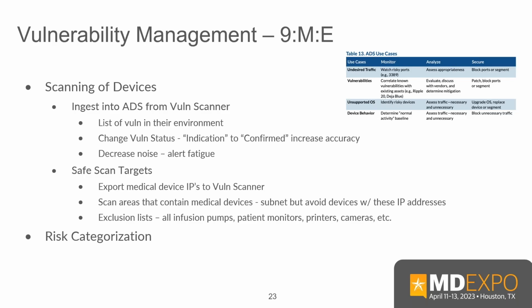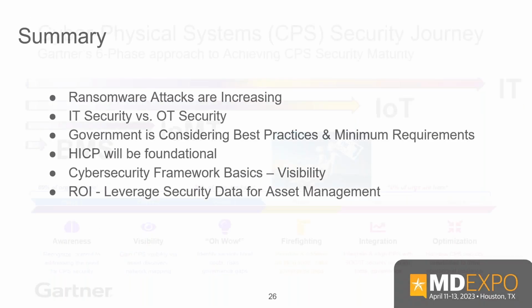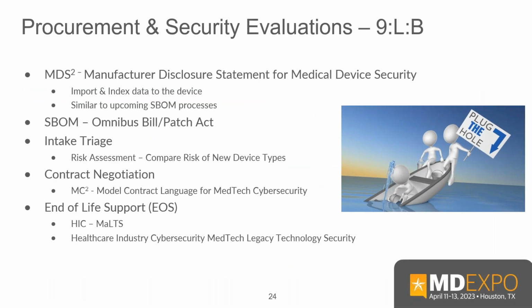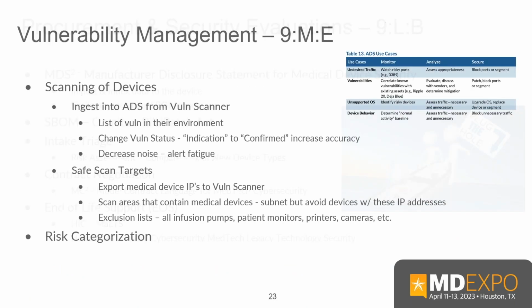Well, you can... oopsie. Come on. That was the wrong button, by the way. So